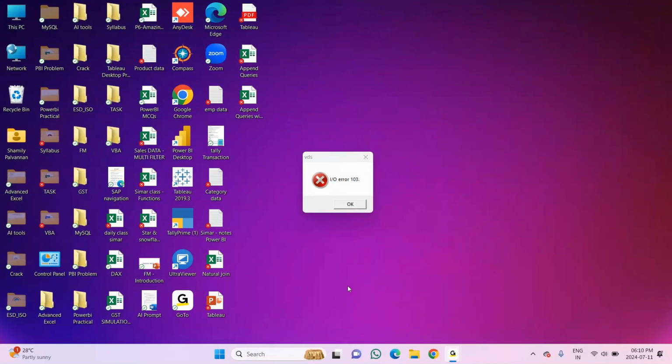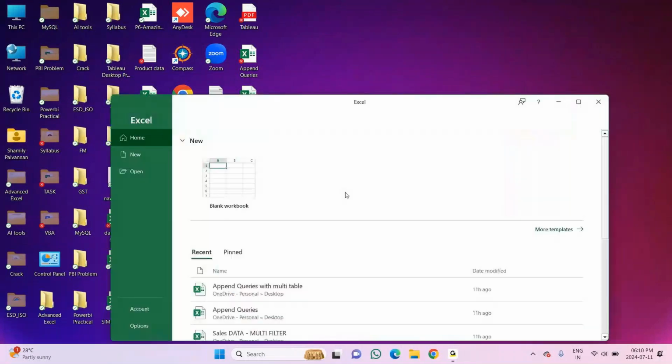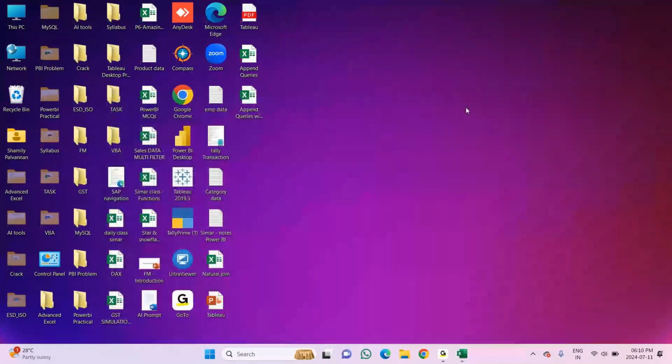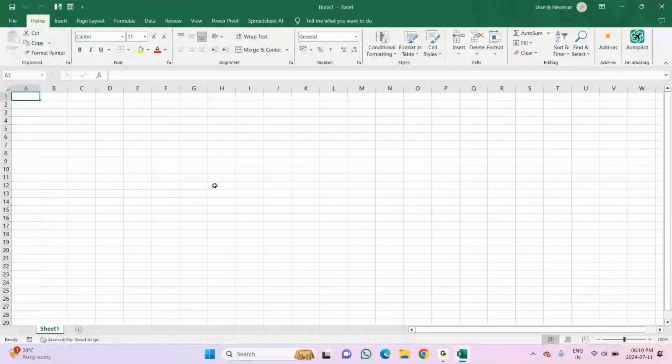Fine. Now we will just proceed with the session. Open an Excel file. Last class I gave you some information about what it has and what it doesn't have. The only thing I told you about was the screen elements related to the Excel file. Then I told you about the quick access toolbar and the name of the file.